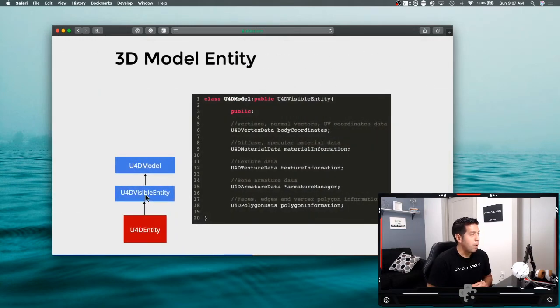Next, I have my 3D model entity class, right? And again, this class will inherit everything from the visible entity class. Why does it inherit everything from the visible entity class? Well, because you are expected to see the entity, right? You are expected to see the model rendered on the screen, right? So it